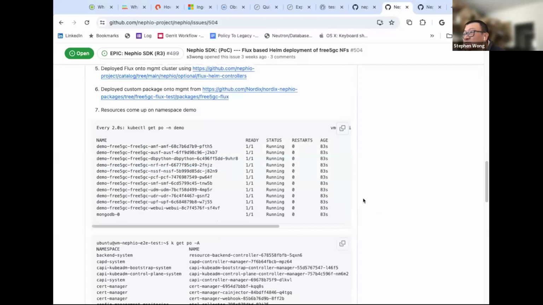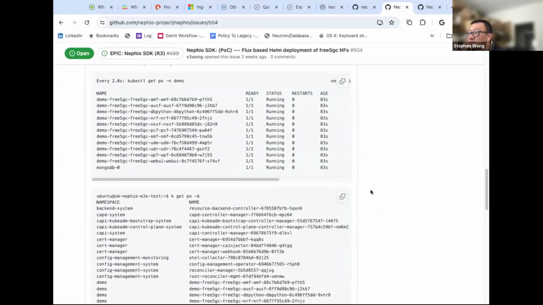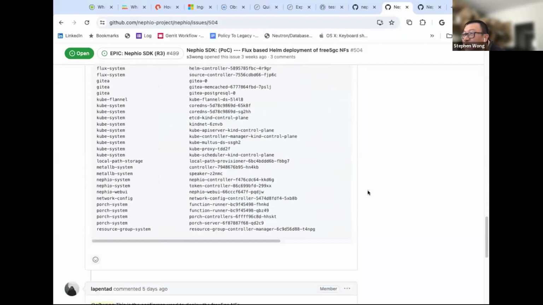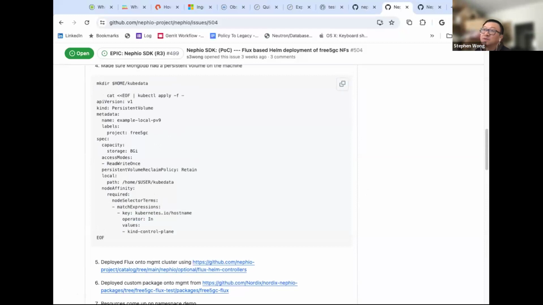I think we can. I'm sure this actually installed the Flux Helm controller, so this is on the management cluster in this case. So that pulls the Helm charts from the repo, and there are a couple of questions I have. If we want to run this on workload clusters with our default operators, if you will,